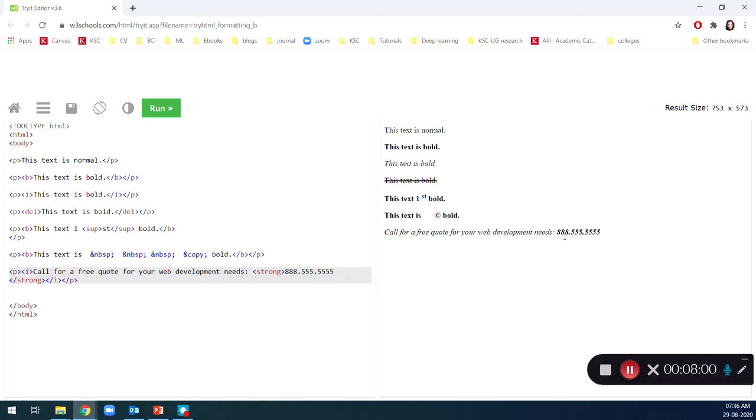You can see how the whole content is in italics. Let's create one more tag, a B tag, for the text that is going to be displayed in bold.